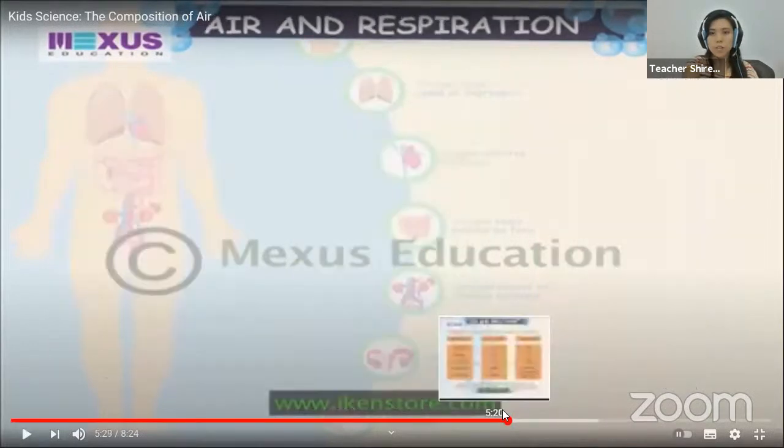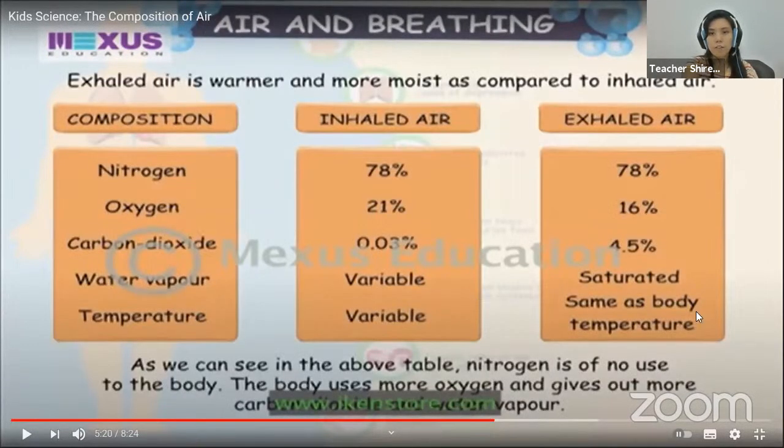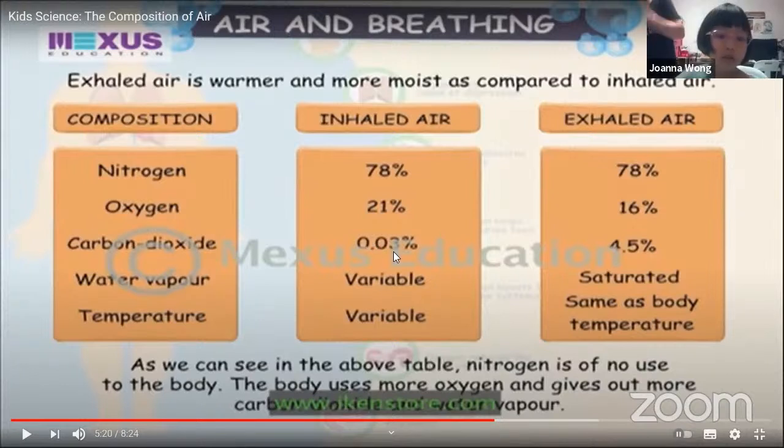Okay, so over here you just need to know everything generally remains about the same. Most important, we breathe in oxygen. So when oxygen goes into our body it is 21%, and what comes out of our body is 16%. What happened to the 5% of the air? It went into our body because we want oxygen. And we throw away the carbon dioxide. That's why the plants will get the carbon dioxide and